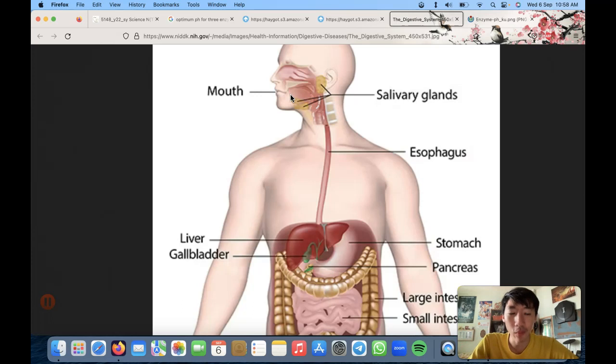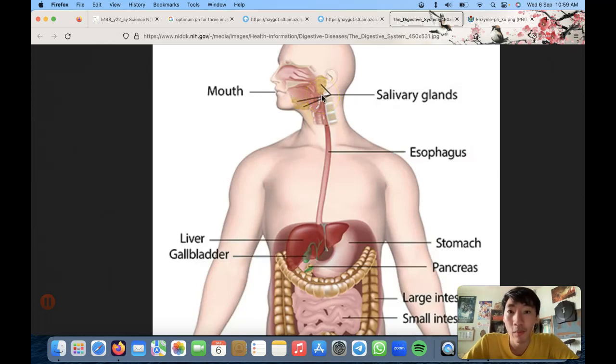So in your mouth, if you chew your bread for quite some time, you actually realize that your bread is not just becoming smaller in the sense that you're chewing it to become smaller, right? But your bread is actually being chemically changed also by the enzymes, and you turn it into something like a simpler sugar. So you start to taste, if you eat bread or biscuit, the bread can actually taste slightly sweeter, slightly only, over a period of time.